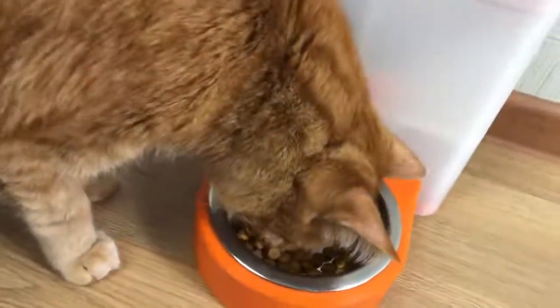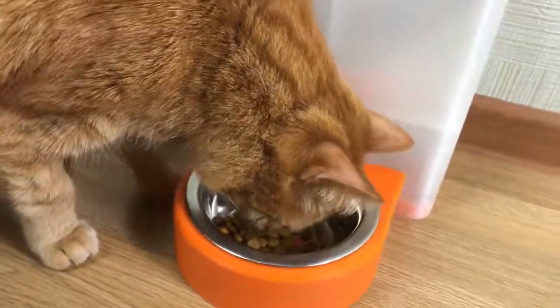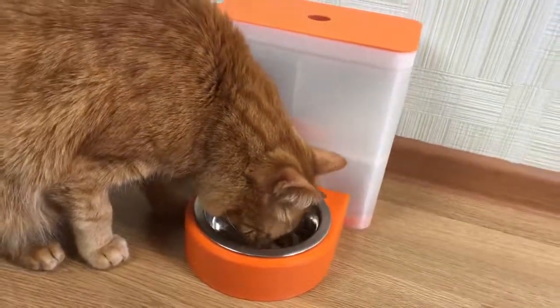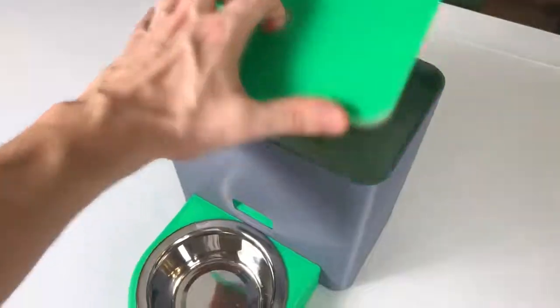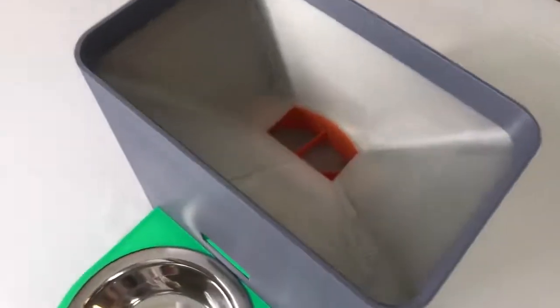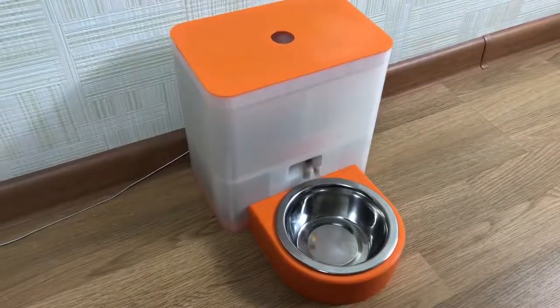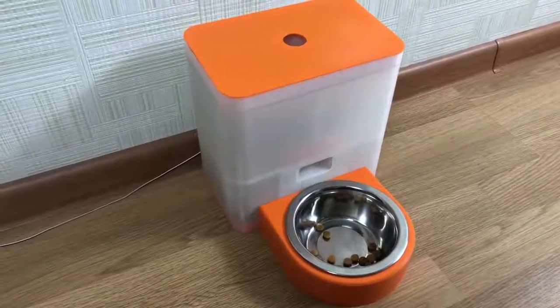Why would you ever need one? Well, it keeps the pet diet healthy by scheduling the exact amount of food per day. It keeps the food fresh in the closed container. It's important for my cat at least. You can be sure that your cat, small dog or other carbon-based form of life is fed when you're not